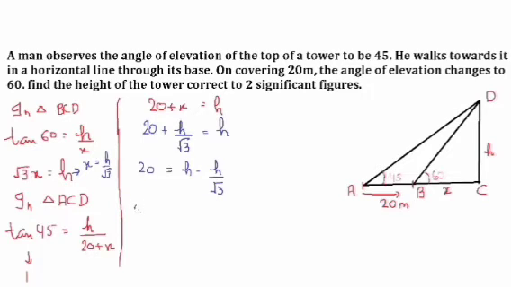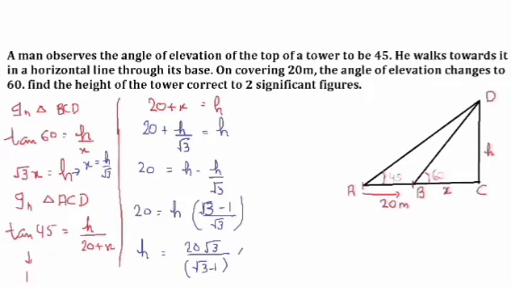Or we can write 20. Now h if I factor out, so I will get root 3 and I am taking LCM. So 1 over root 3 minus 1. Or h can be written as, from here, 20 root 3 upon root 3 minus 1. Now we can rationalize it. To rationalize, I will multiply with root 3 plus 1 upon root 3 plus 1.